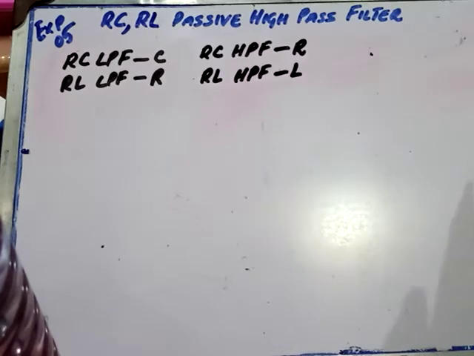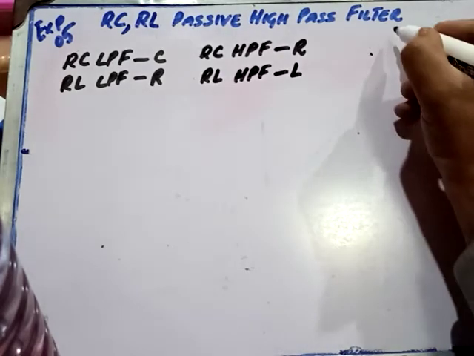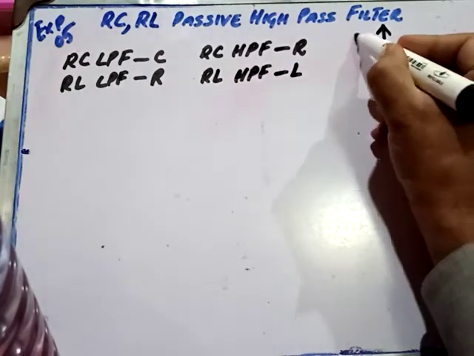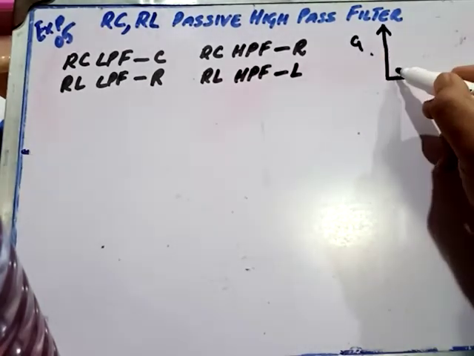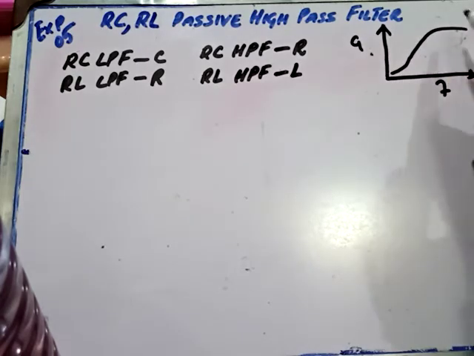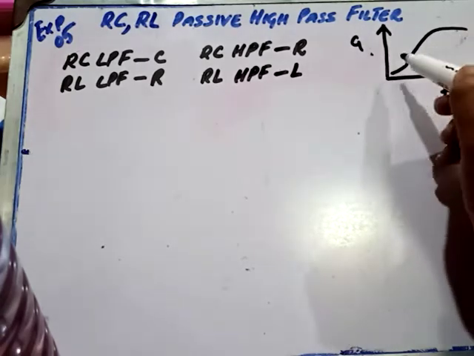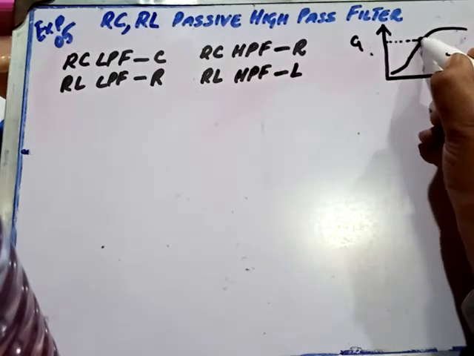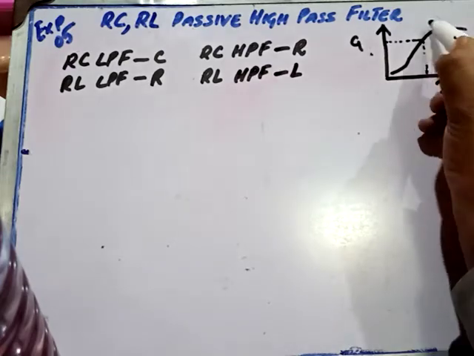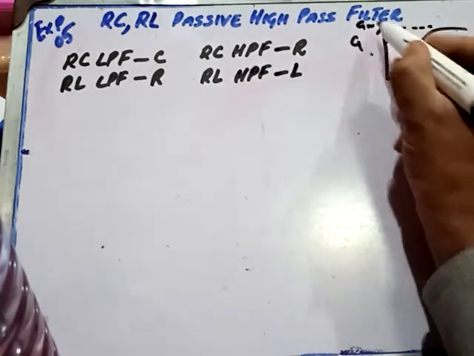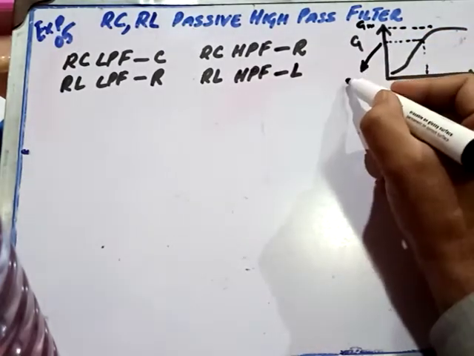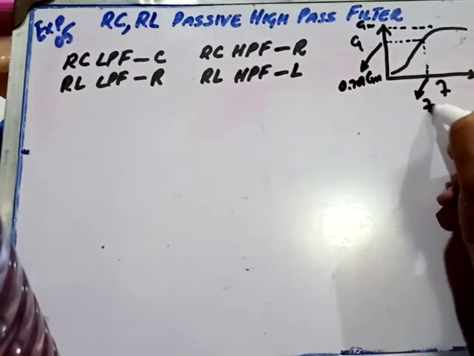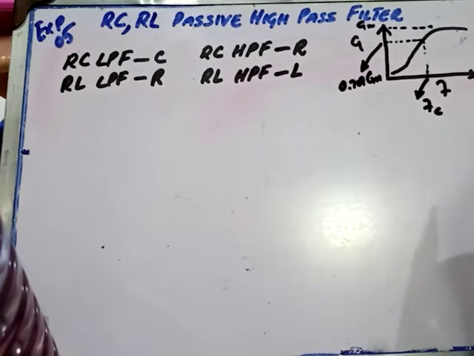Since we are taking into consideration high pass filter, our intended output will be represented by this curve, that is the gain versus frequency curve, and it will be like this, which means that at higher frequencies we are having the value of gain, and at lower frequencies there is no or less value of gain. In between there is a frequency at 70% of the maximum gain. If this maximum gain is GM, then 0.707 of GM will correspond to a frequency which is termed as the cutoff frequency.